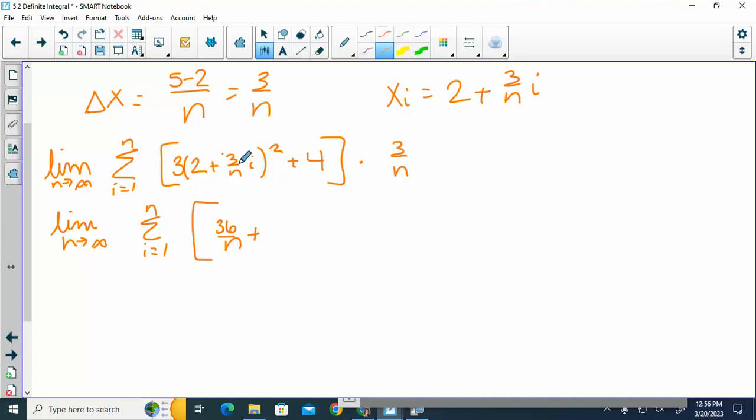This would be plus 12 over n times 3 is 36 over n times 3 over n, so 108 over n squared. Then this would be 9 over n squared i squared times 3 would be 27 times 3 over n would be